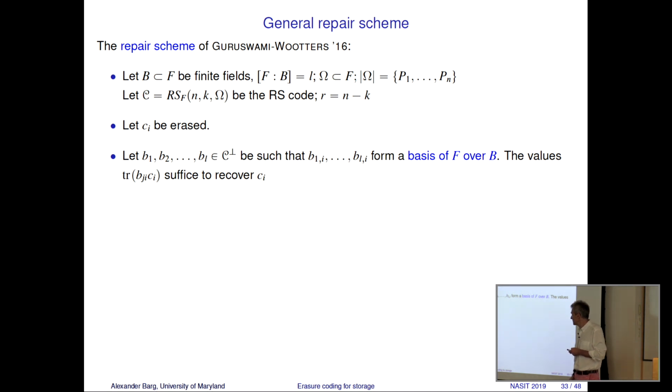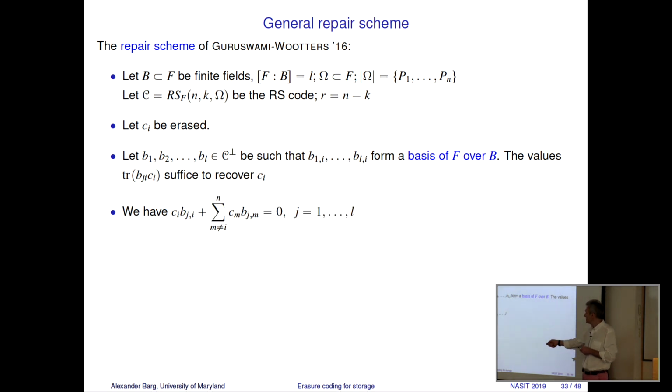That is from the previous page. Well, the only new element is that this is a dual code word. So we will use the fact that this is a dual code word. As I said, the dot product with the original code word is 0. And I have isolated the erased coordinate because I don't know this term. I know all of the other terms. So take the sum to the right. Take the trace on both sides. The trace is a linear function, so this is legitimate.